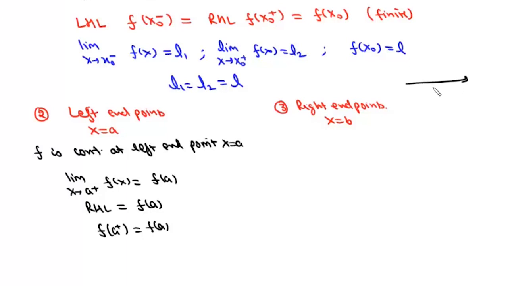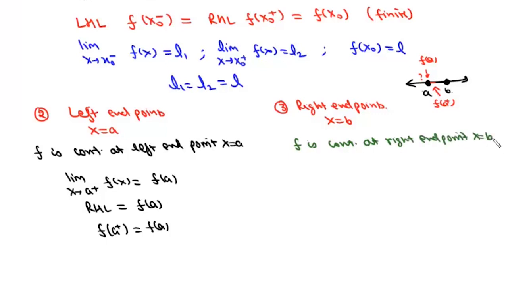Now if we look at this interval again, we have defined this interval from a to b. Now nothing is known about the left hand neighborhood of a. So in this case, we'll restrict ourselves to this value at a and its limiting value in its right hand neighborhood. So here this function will be continuous at this endpoint a if f(a positive) equals f(a). And if f is continuous at the right endpoint,